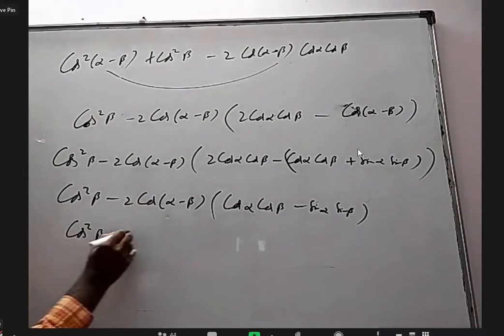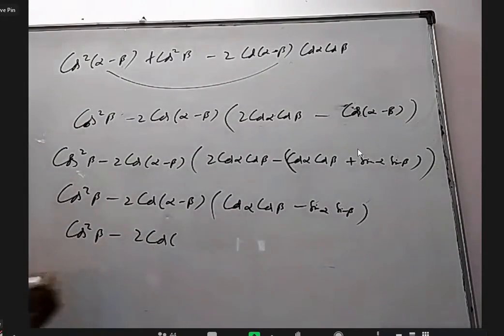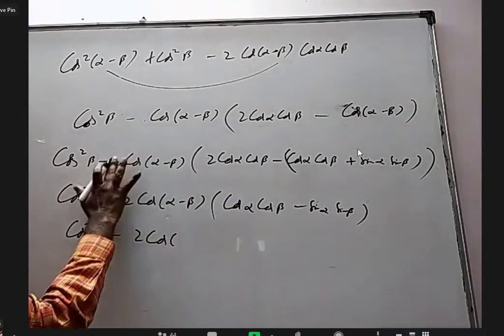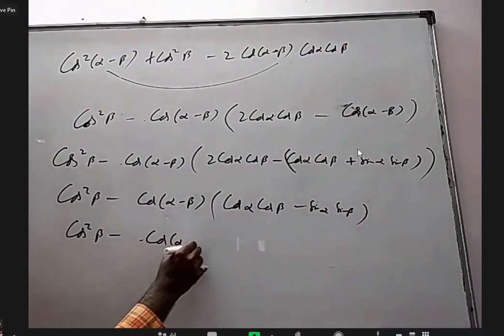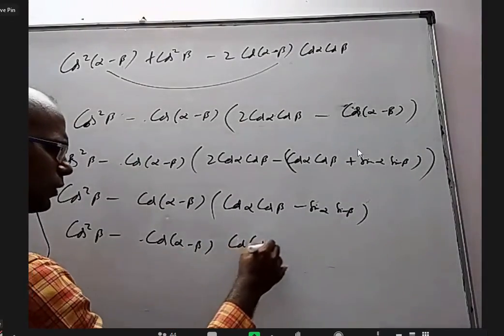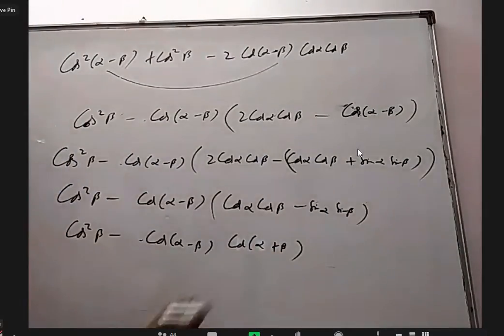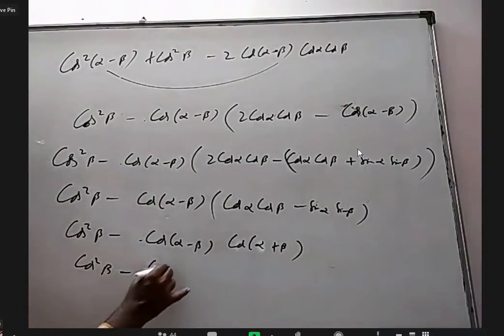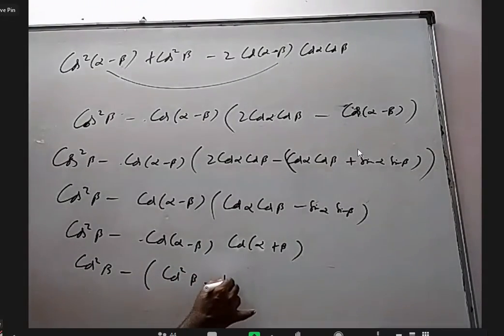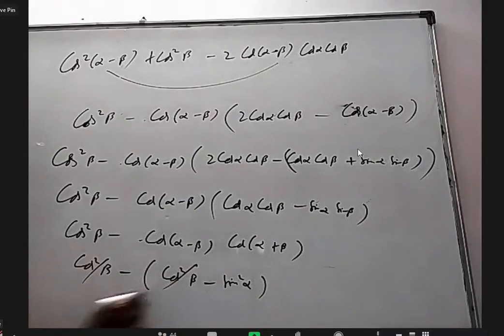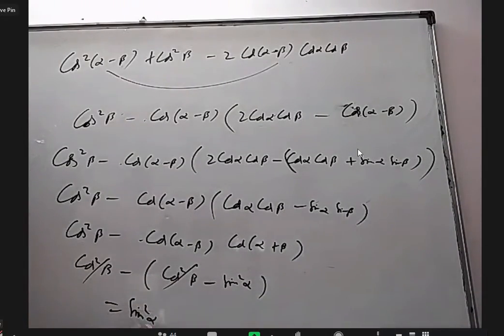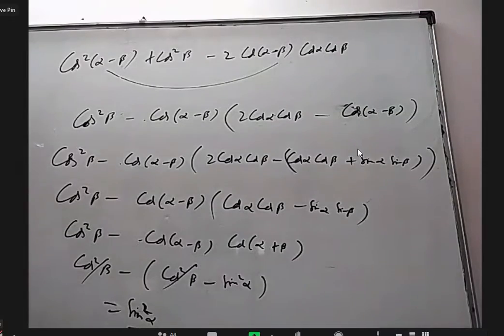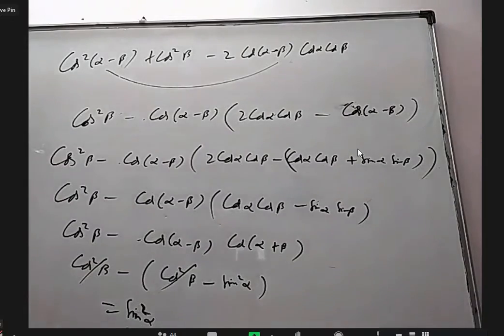So cos square beta minus 2 cos, not 2, there's no 2 here. Sorry. This is cos(alpha plus beta). Now cos(A minus B) times cos(A plus B) is cos square A minus sin square B, or cos square B minus sin square A. So cos square beta minus cos square beta minus sin square alpha. This and this are the same, minus of minus, you will get sin square alpha. So both the previous question and this question are quite similar, and if you take common and do it in a particular way, it will come in an easy manner.